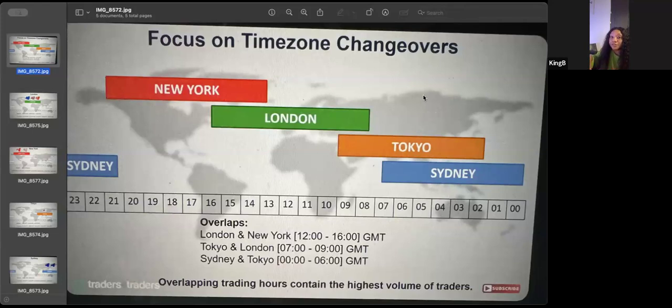I'm going over this first because my 7 p.m. is somebody else's 8 p.m., right? And there are certain points in time where liquidity is high. The volume of the liquidity, I mean money, right? The volume of the amount of buyers or sellers in the market at a particular time on a particular pair is different on another session, right? So if you're going to be using the scanner, it's important to know that, okay, by this time,